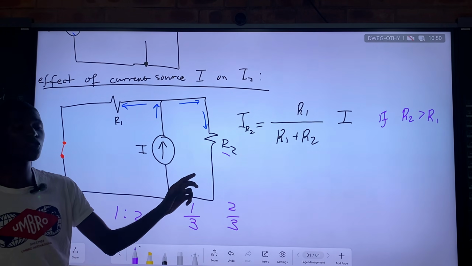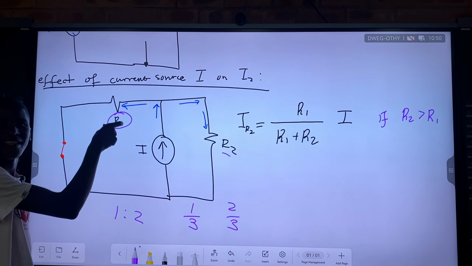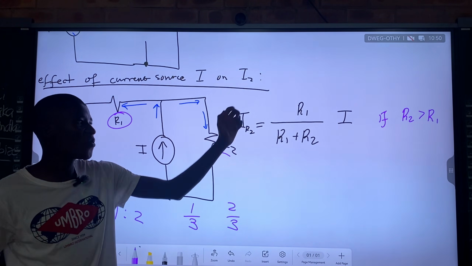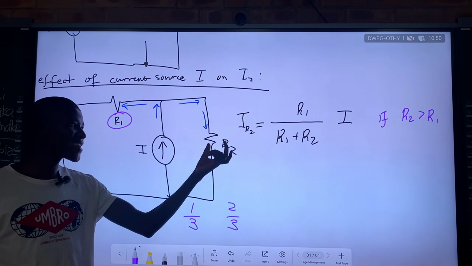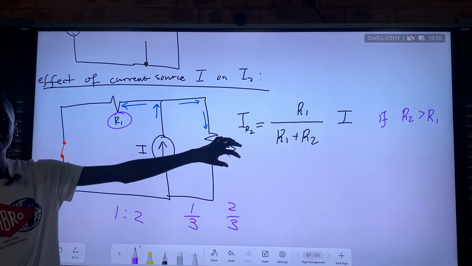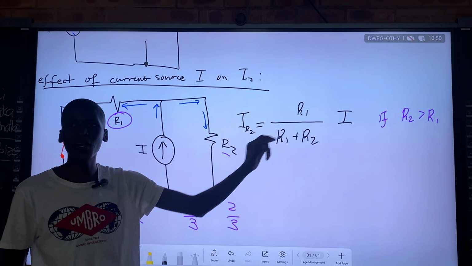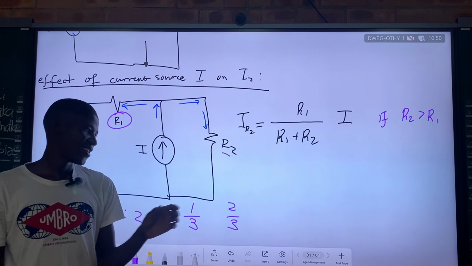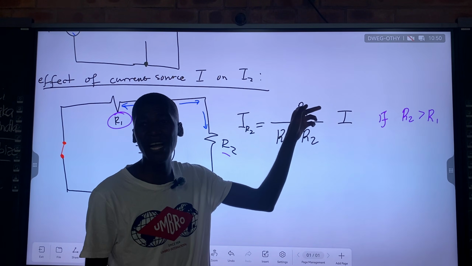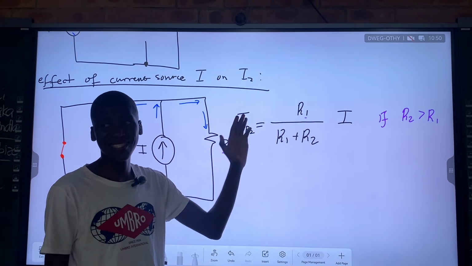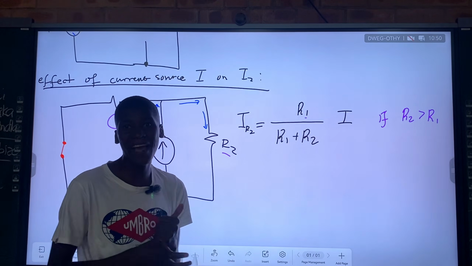The bigger current will go to the smaller resistor. So if this one is the smaller resistor, it will get the bigger portion of current, which will be R2 over R1 plus R2. If this one is the bigger resistor, this one will get the smaller current, this one will get the bigger current. So the smaller current is R1 over R1 plus R2. Guys, I hope people will do ratio and not be confused about why here I put R1 and why I put R2, because I want the current of this one. Please, people should not be confused there. Go and practice ratio. It's very important to know how current divides.